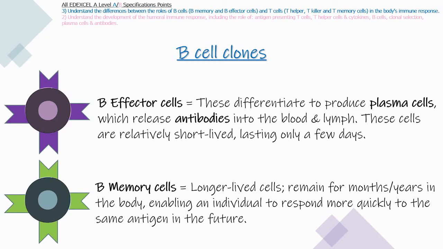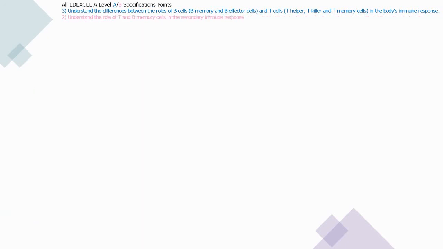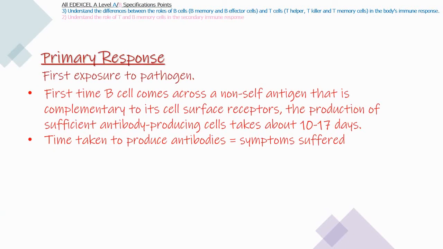So continuing on from that, we're going to discuss the primary and secondary responses. The primary response is the first exposure of an individual to a pathogen. This is the first time that B cells come across a non-self antigen that is complementary to its cell surface receptors. And because it's the first time, the production of sufficient antibody-producing cells takes about 10 to 17 days. Due to this time taken to produce the antibodies in order to destroy the pathogen, this is why symptoms